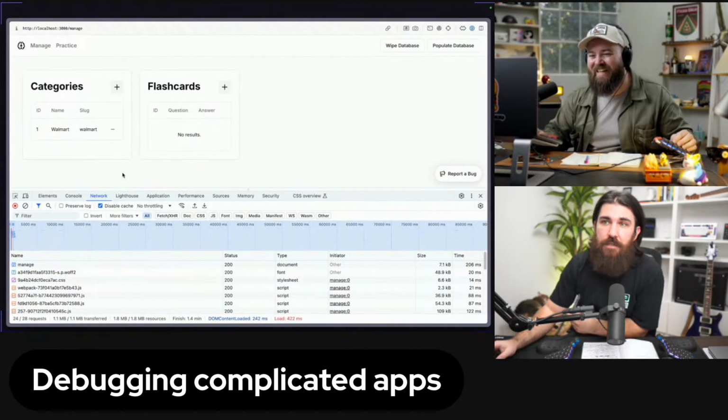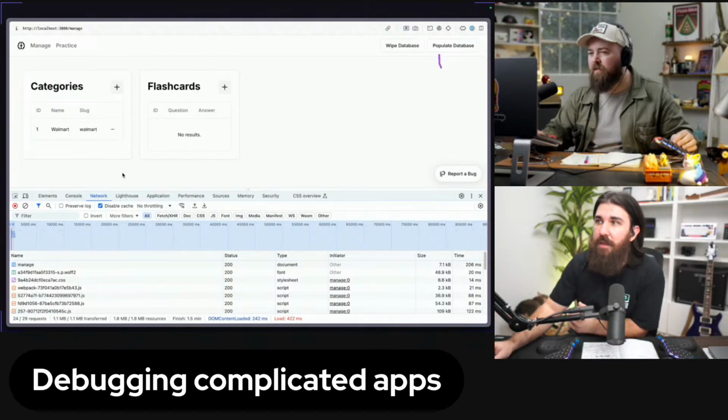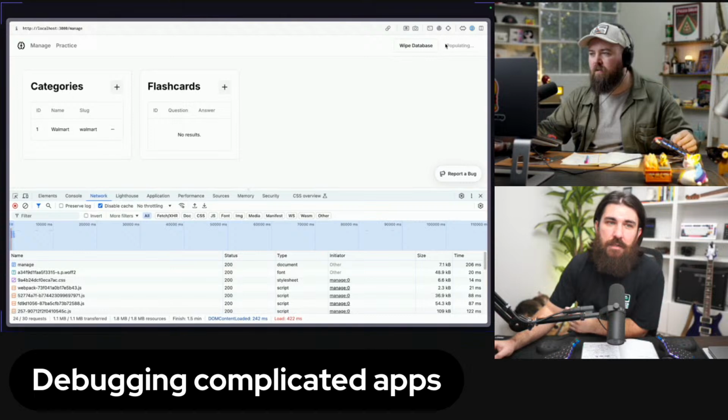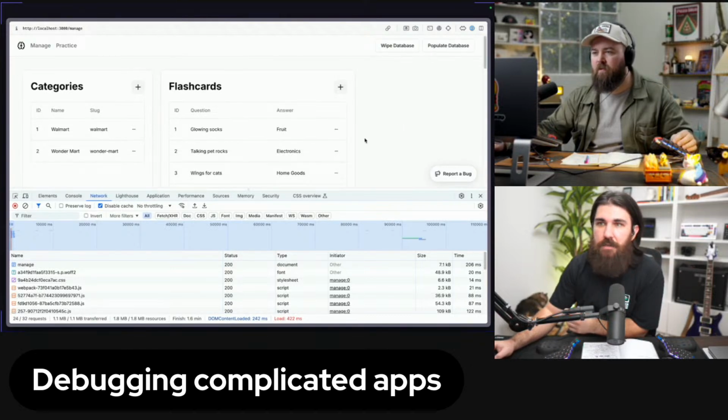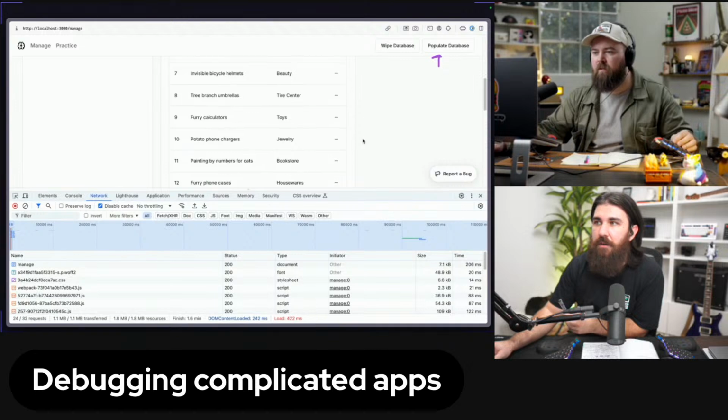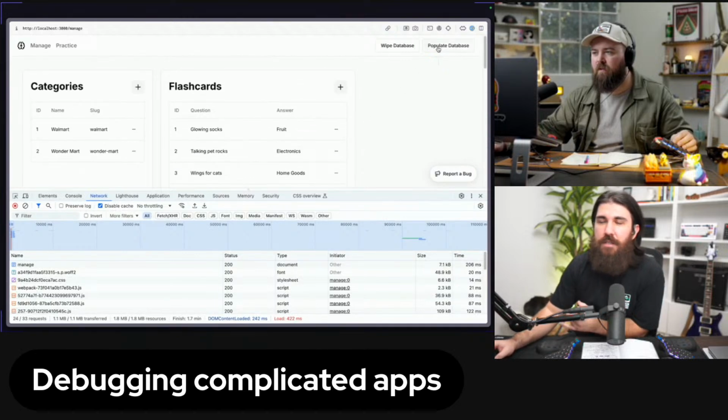We have no issues here, right? We're developers. We're pushing this to production. It's all good. Click on populate database, and give it a second, because it's using some LLMs behind the scenes to populate a bunch of flashcards and stuff. There we go. Hit this again. Do 3 categories. This is creating 1 category with a bunch of flashcards. Oh, got it. Okay, we'll do it again. So we are simulating a user that has used the app for a long time. They have categories, they have flashcards, we're simulating data here.